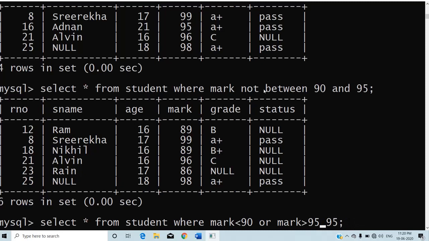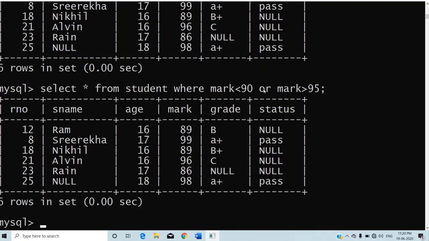Mark less than 90 or mark greater than 95. So, NOT BETWEEN means it is not coming in between 90 and 95. You will get the same output. So, NOT BETWEEN can be replaced by using the OR operator. BETWEEN is replaced by using the AND operator, NOT BETWEEN by using the OR operator.